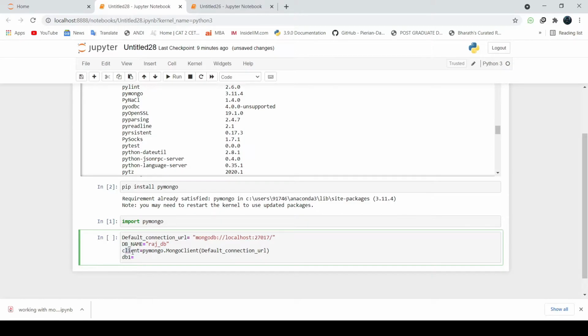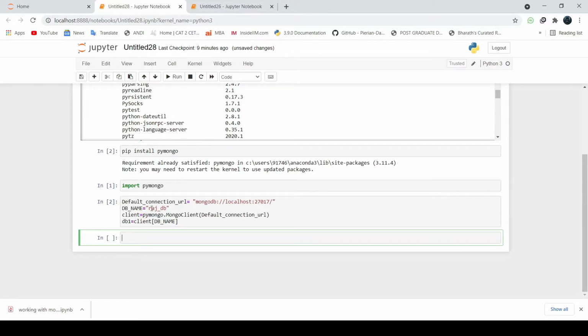Now, using this object, you need to create a database. So client, and in brackets this particular database name.